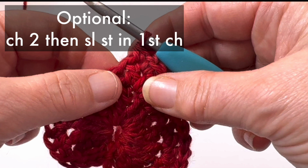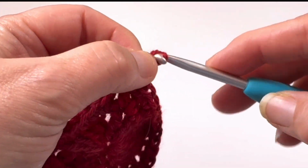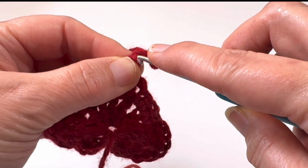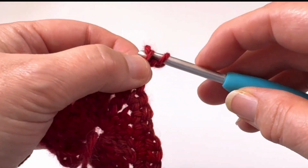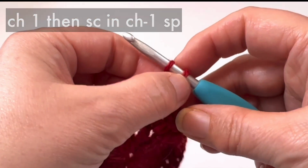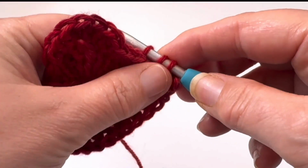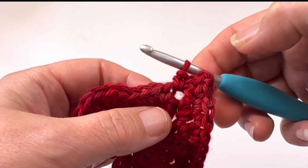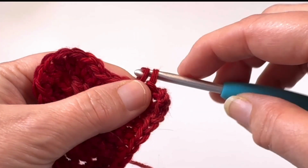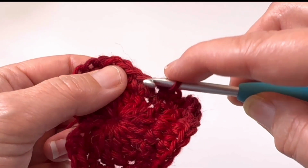Now this is optional, but I like it because it gives you a really nice point to the bottom of your heart. So you chain 2 and then slip stitch into the first chain that you made, and then you're going to chain 1 and make a single crochet in the next chain 1 space. You will then single crochet in each of the next 8 stitches,